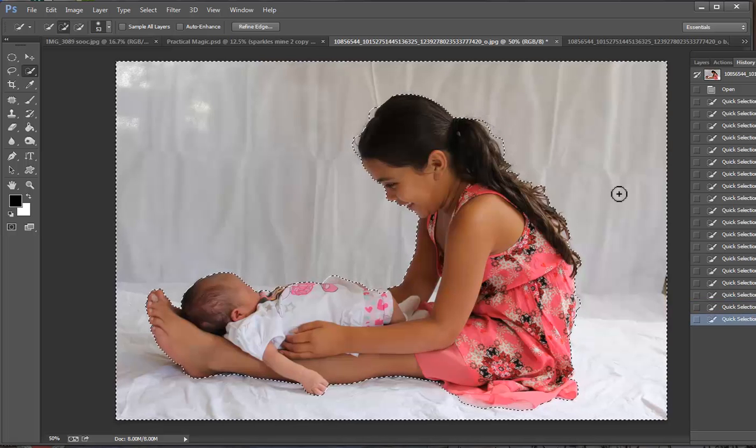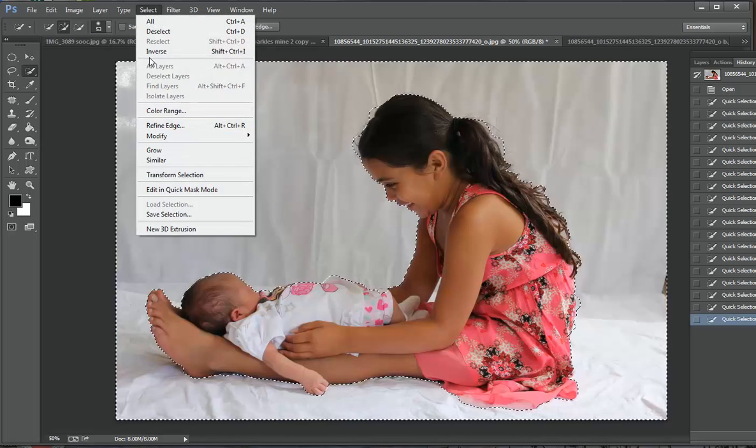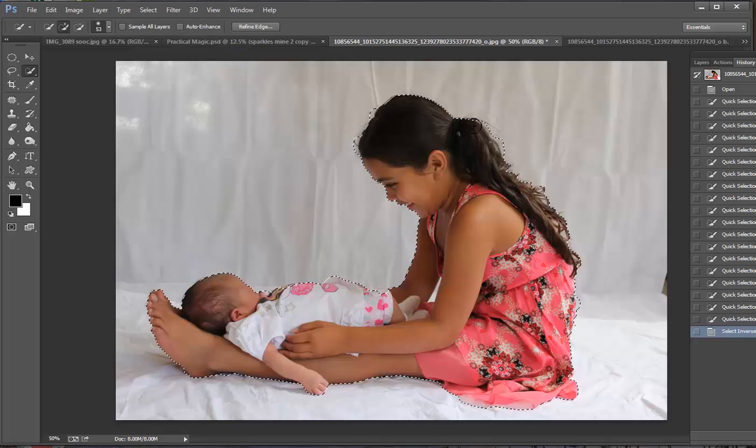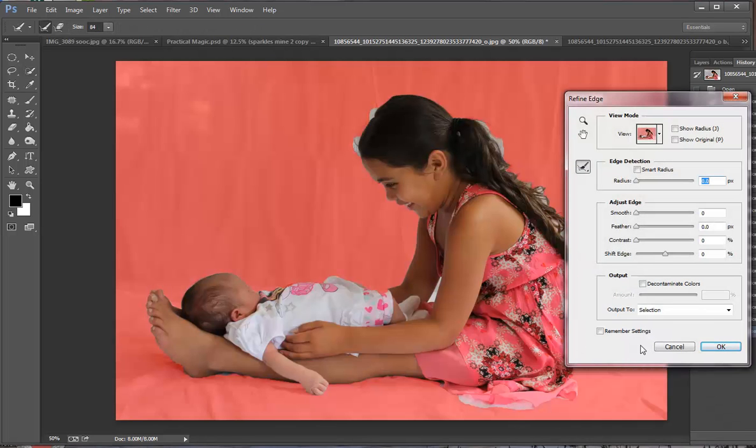Okay, now when you have a square around the outside of the box, if we hit the Refine Edge tool now, it would be taking out what we don't want to take out. So we have to hit Select, Inverse, and then just the little girl and the baby are captured. And then we hit the Refine Edge, and you can decontaminate colors. Make sure that you have the output to